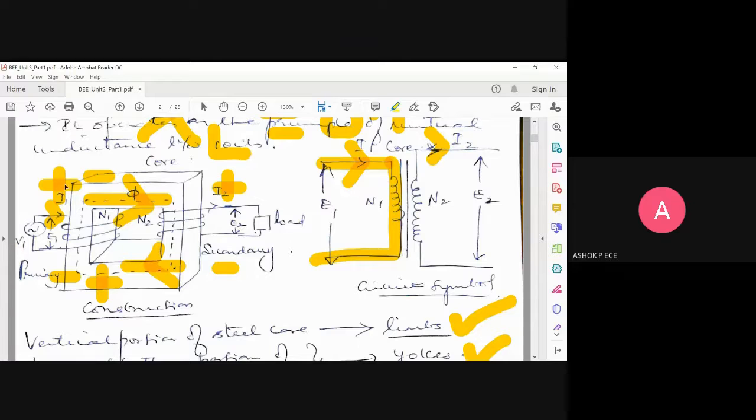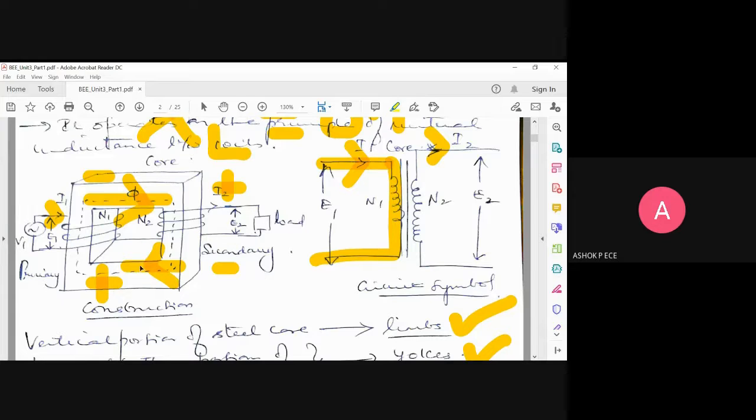So when the primary is plus minus, the magnetic lines of force called flux will travel from primary to secondary. You know that we have always represented the current entering direction as plus, leaving direction as minus. Same thing here. The current is entering the primary, so it is plus minus. During the second half, when the primary is negative at the top and positive at the bottom, you will have current returning from the secondary. So current is going to flow in this direction.